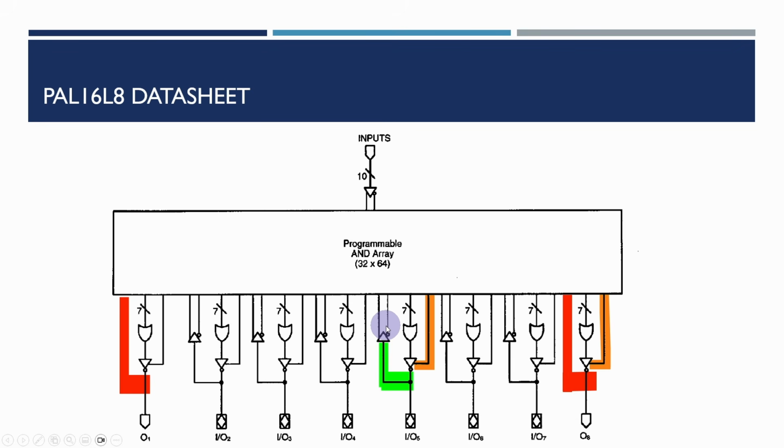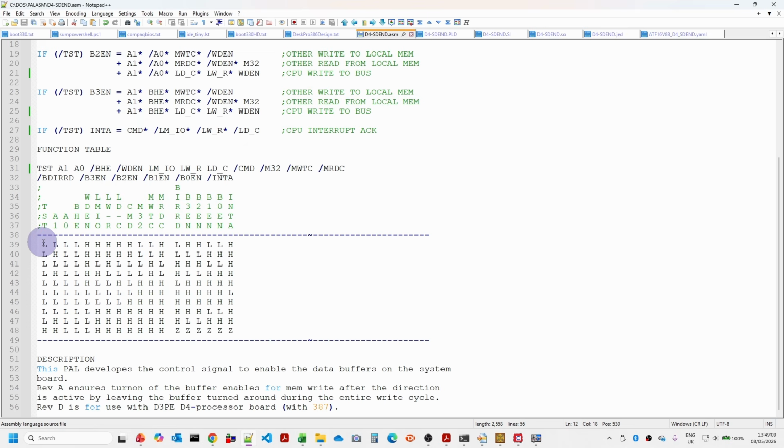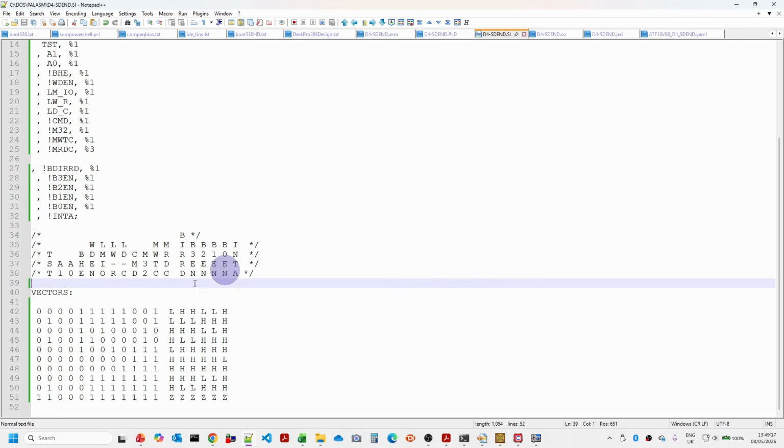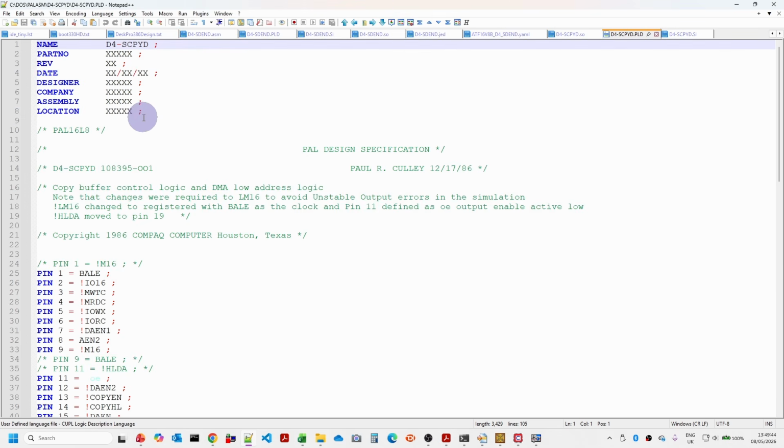Now the problem here is that when we were looking at the original ASM files, PALASM didn't have any difference between an input and an output, it just said low or high. However, in our CUPL, we've got ones and zeros for inputs and we've got highs and lows for outputs. And what it turned out was, in fact, for this particular PLD,